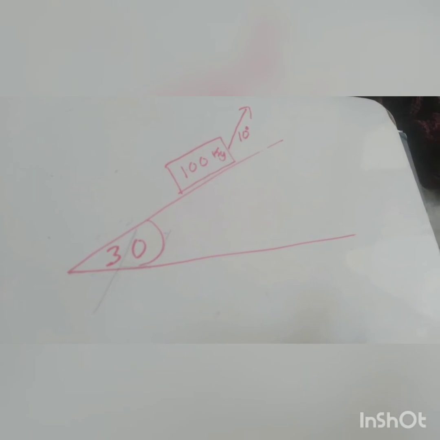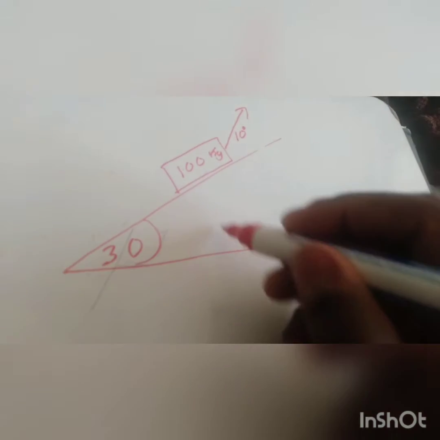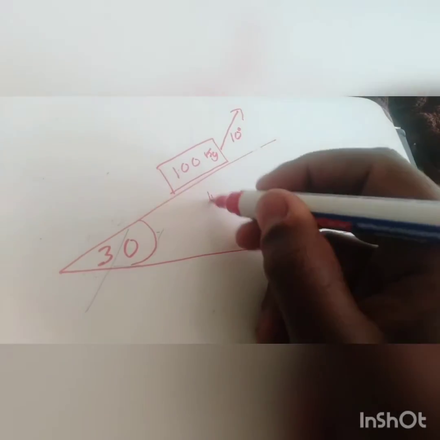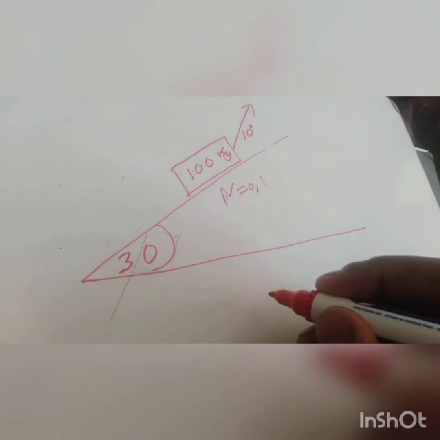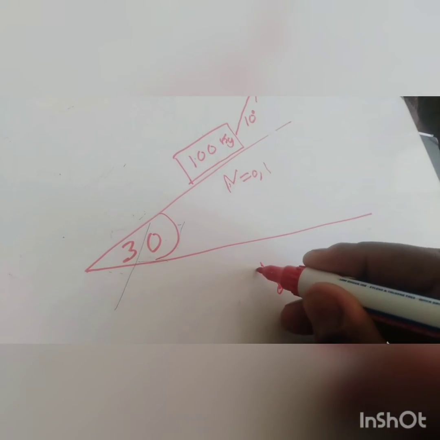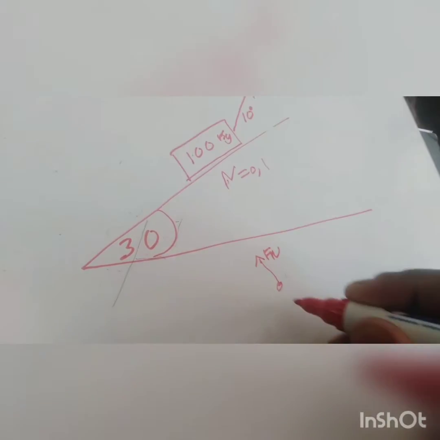Okay, so I decided to do one more, and I don't have a calculator close by, so I'm not going to go to the full detail of the answer. So let's say we have this situation and the coefficient of friction is 0.1, and we want to find the frictional force. So when we draw the free body diagram, we're going to have the normal force, we're going to have